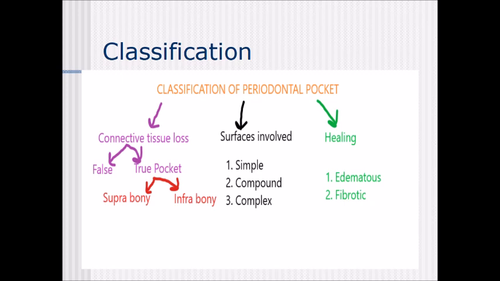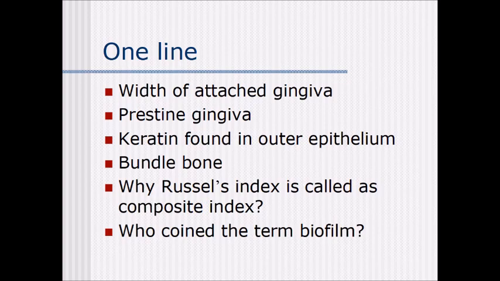So the classification of periodontal pocket: on the basis of connective tissue loss, true and false pocket, and true pocket further suprabony and infrabony. On the basis of surface and wall, simple, compound and complex, and on the basis of healing, edematous and fibrotic. Coming on to the one-liner questions: width of attached gingiva,